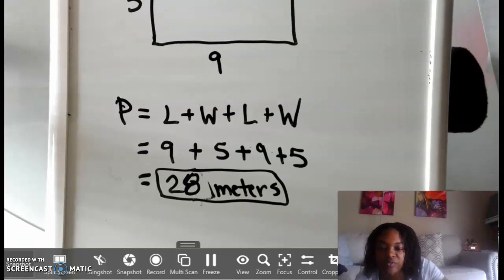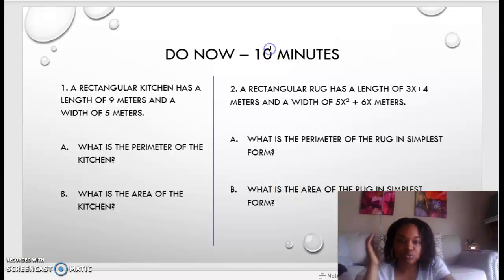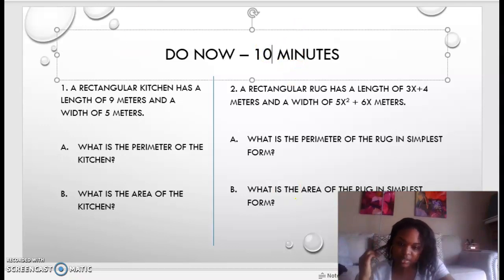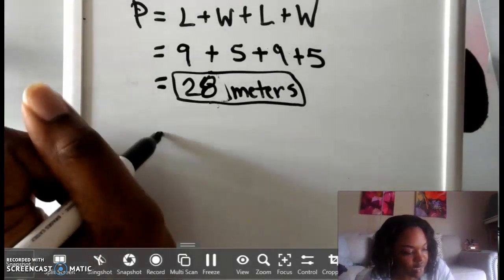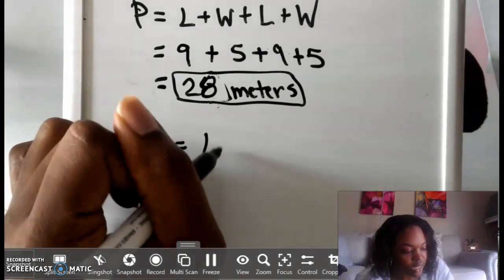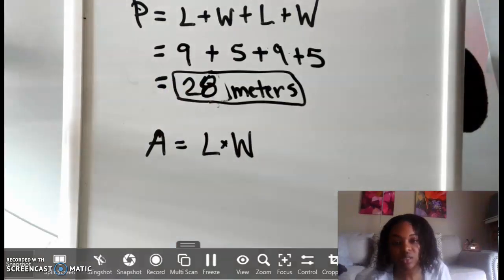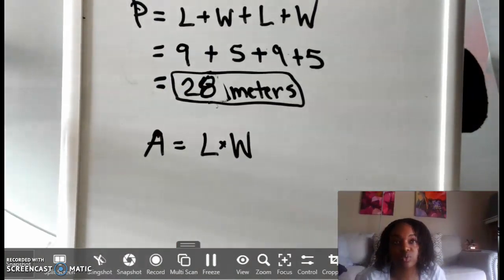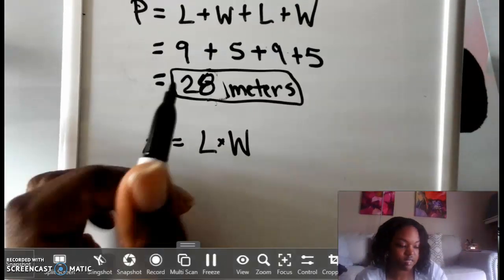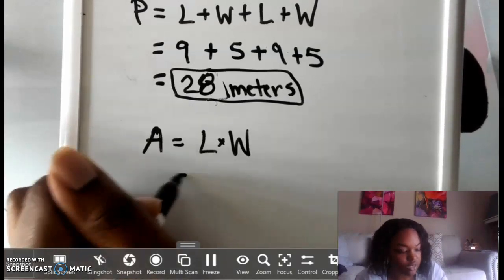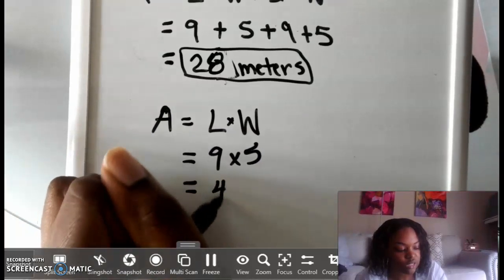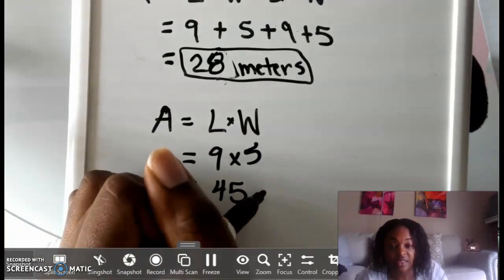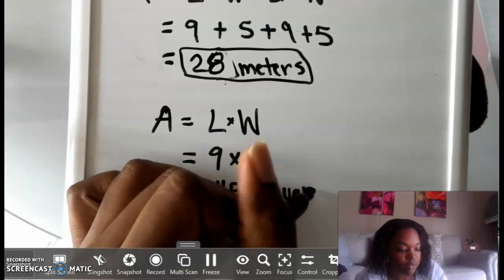Then our second problem from the PowerPoint was a rectangular rug this time. Oh, sorry, I skipped the area. Let me go back. Don't forget the area. Okay, area, on the other hand, for a rectangle is the length times the width. These are both important formulas to remember for ACT, SAT, other math classes, and so on. So area is the length times the width, so that's 9 times 5 here, which is 45. And this is square meters,